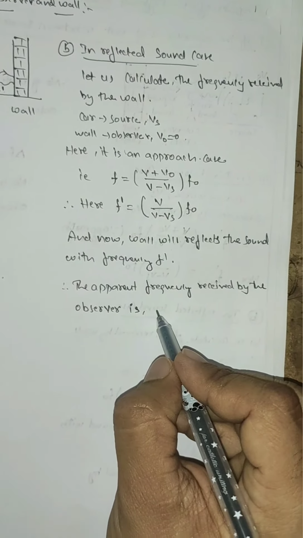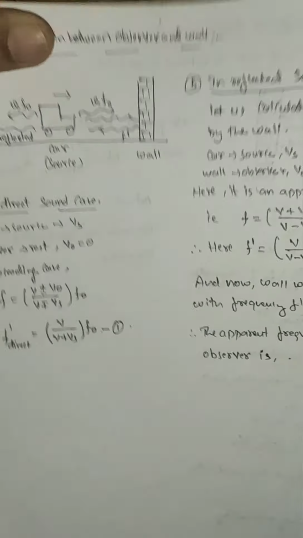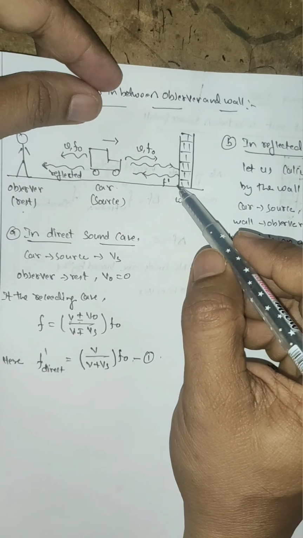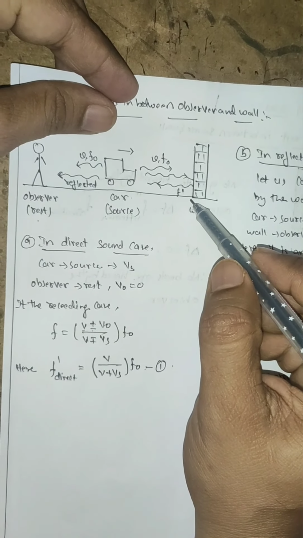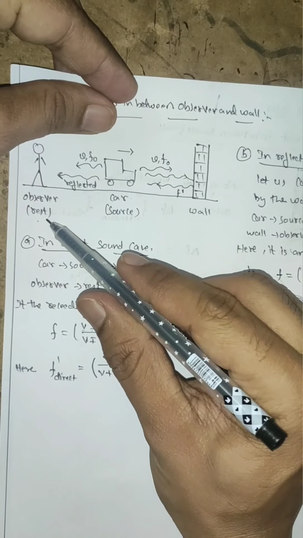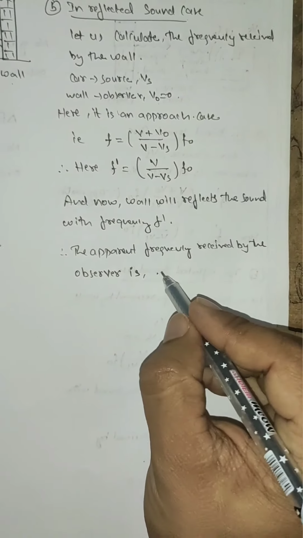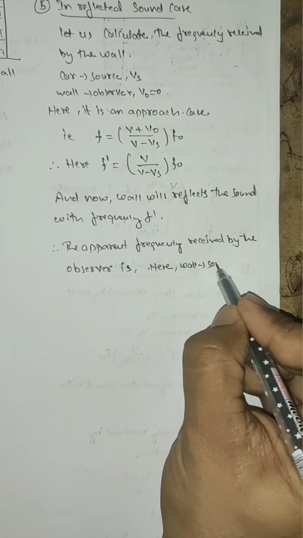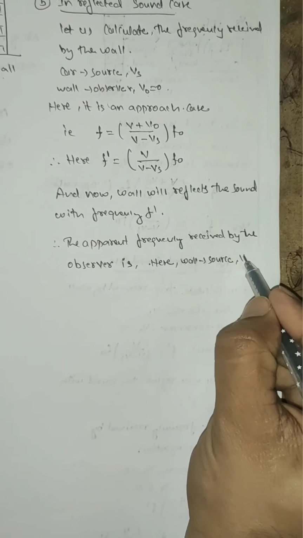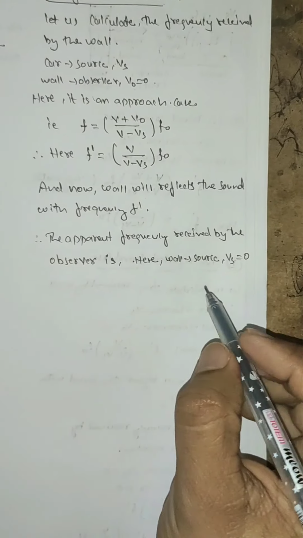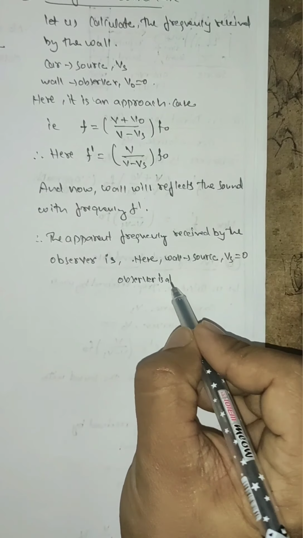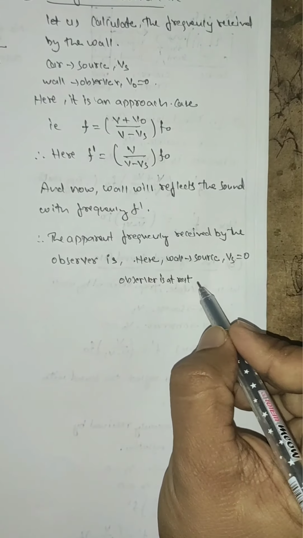In this case the wall will be the source of the sound with a frequency of f prime, and the observer is at rest, the wall is also at rest. So in this case the wall is the source, so what is the speed of the source? It is equal to 0, and the observer is at rest, so therefore